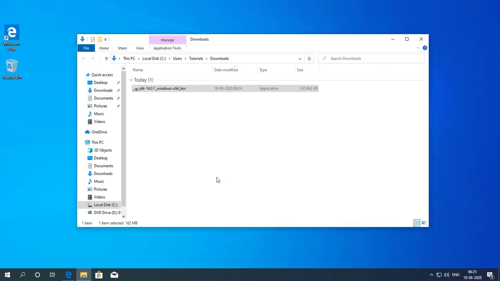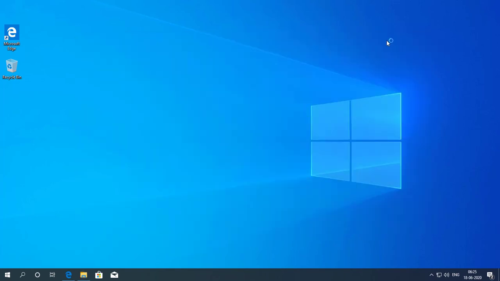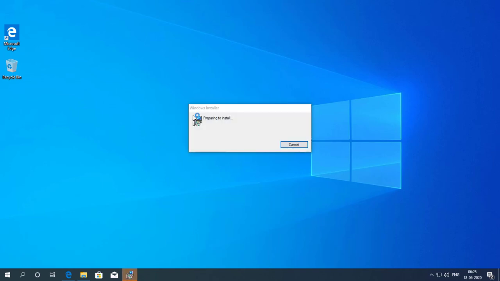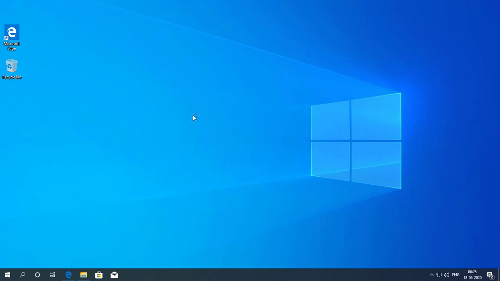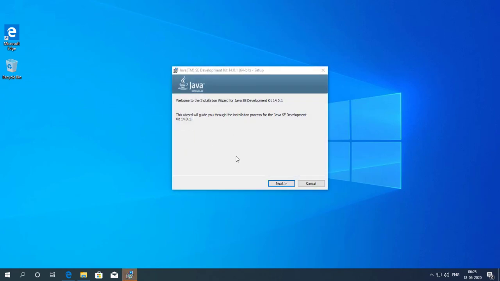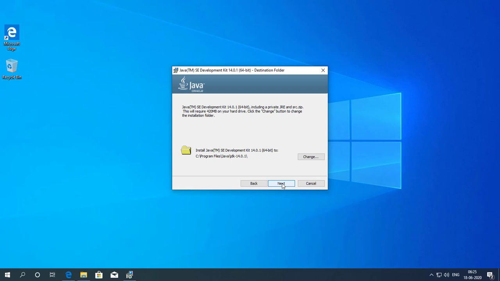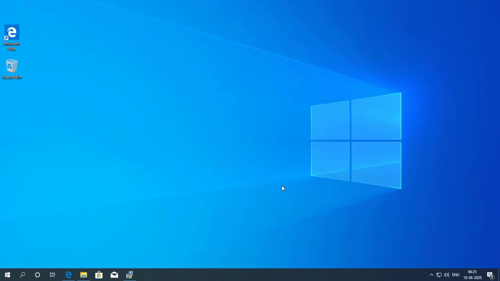Hit the yes button. It will be preparing to install the JDK in our Windows operating system. It will ask for the next button. This is the path of the JDK that is under the C drive. I am clicking the next.